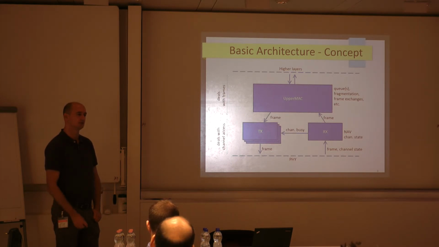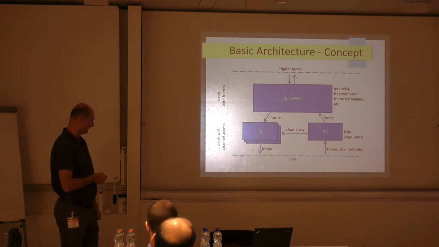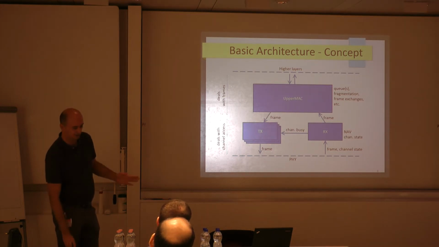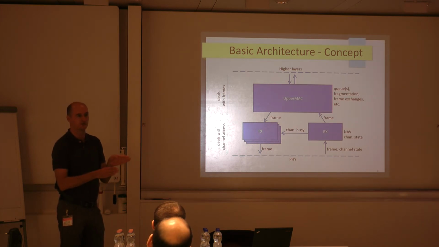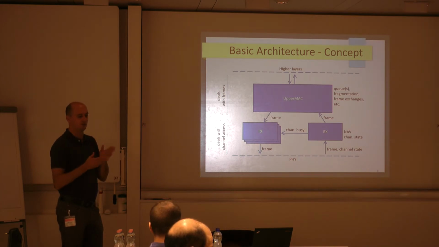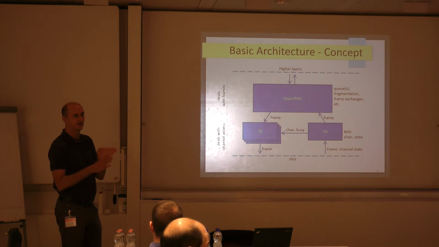Mhm. Well, there are some further questions that need to be thought about. For example, if we use EDCA, and we have an internal collision, then if different access categories want to transmit at different times, the bidirectional feedback will prevent the later ones from transmitting, that's okay. But when they want to transmit exactly at the same time, because random numbers are like that, then the one with the highest access category has to win.